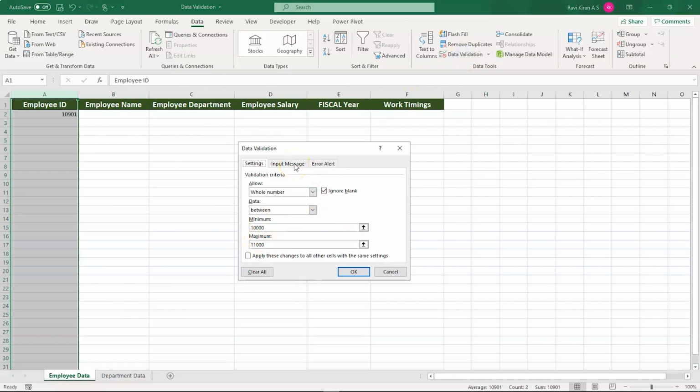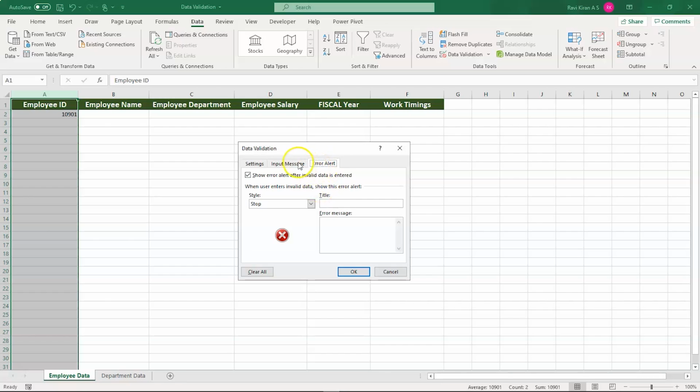Now here you have another option saying input message. So before input message, let us go to error alert. Now here the error title would be data entered is not valid.